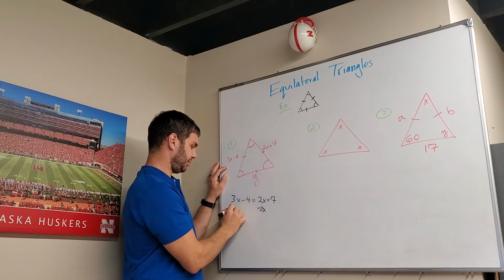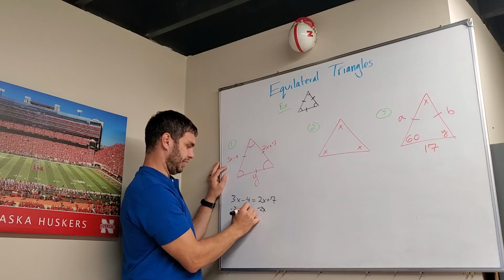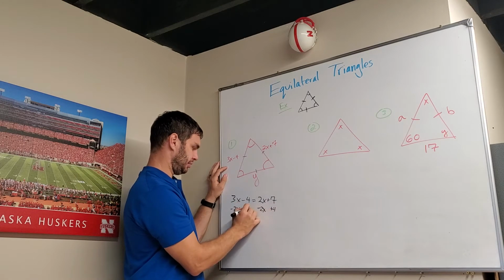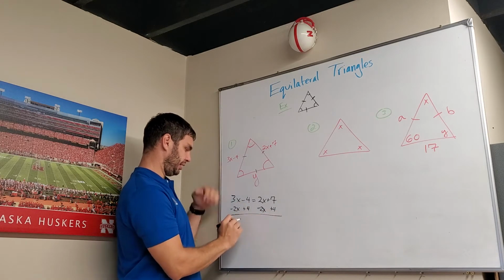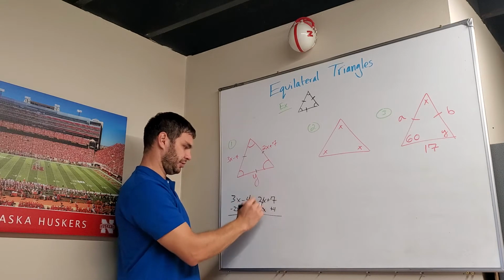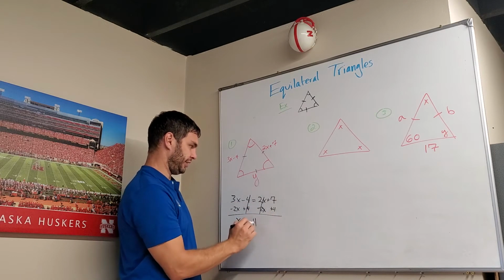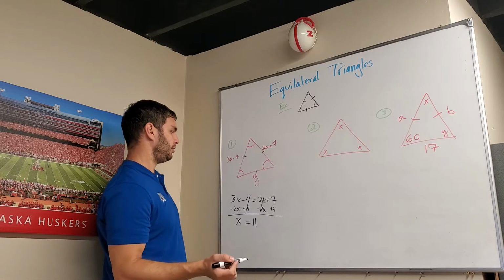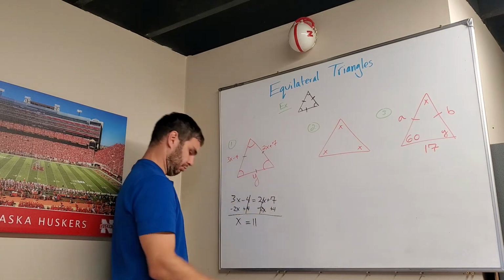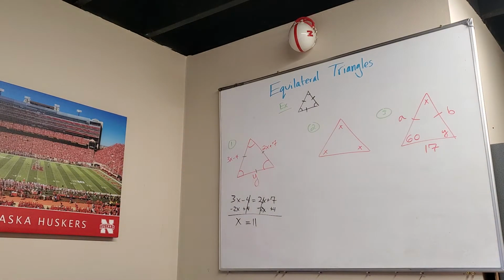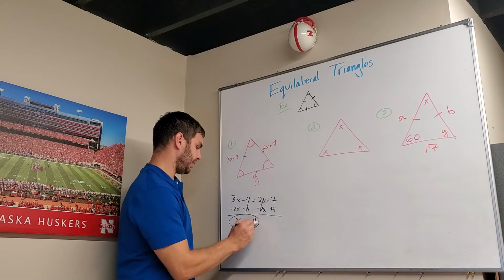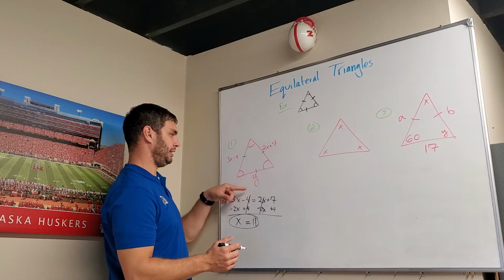Subtract 2x on both sides. I'm also going to add 4 right now. And that's going to give me x. Those cancel, equals 11. Okay? And so I found x. X is 11, but then I also need to find y, and to do that I need to